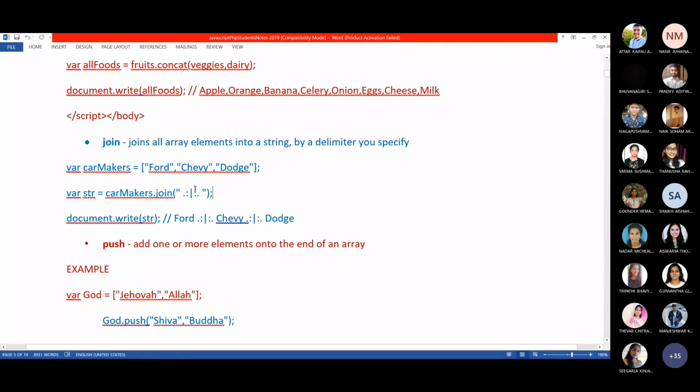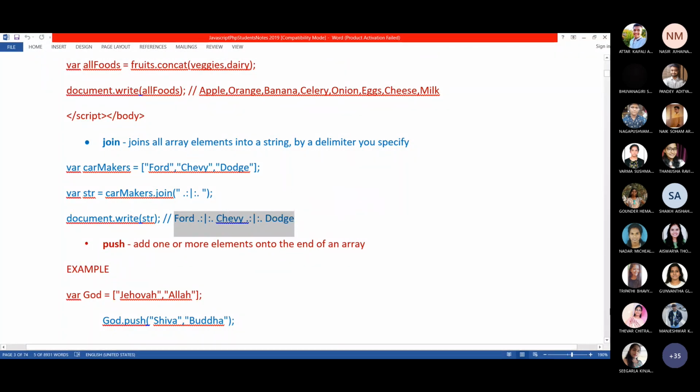All these I have given within a single double quote, so this is going to be a single delimiter. It's not necessary that you give only this as a delimiter. Whatever special character you give as a delimiter is going to be the separation symbol in the string. So my first element, then my delimiter, second element, delimiter, third element. But when you see the entire output, this is a single string, not an array.